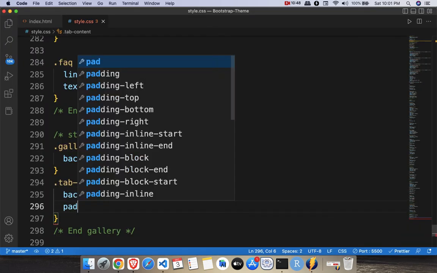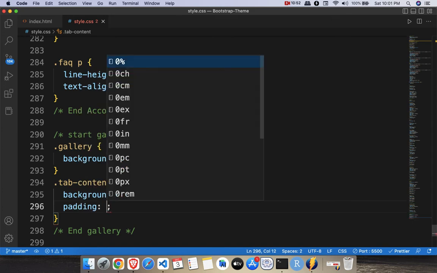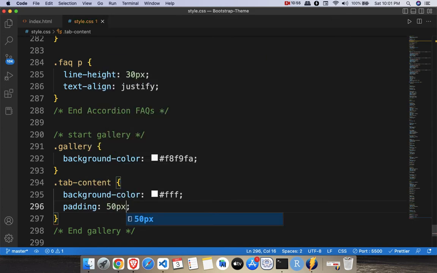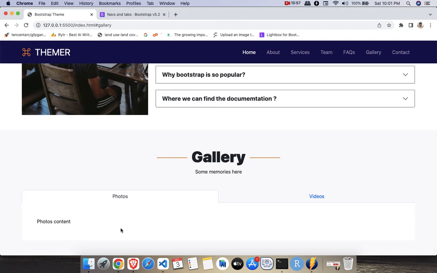So you can add the padding to this section manually, or you can add to the predefined class. So I'll use 50 pixels of padding from everywhere. Okay, now it is giving you a good visualization. And now inside this photo section here, you want to add your images, and in the video section you want